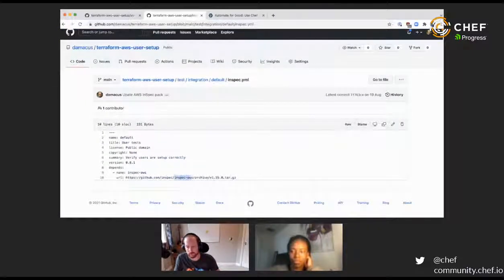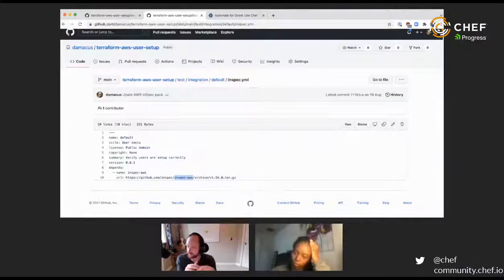Now, what we want to do is use the Inspec AWS pack. Inspec has the idea of resource packs, and they're really nice. You can think of them as kind of plugins. There's a core set of controls, and then there are AWS controls and Azure controls. They are split out because they go at a different cadence.